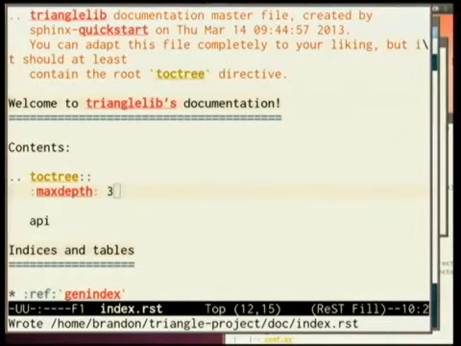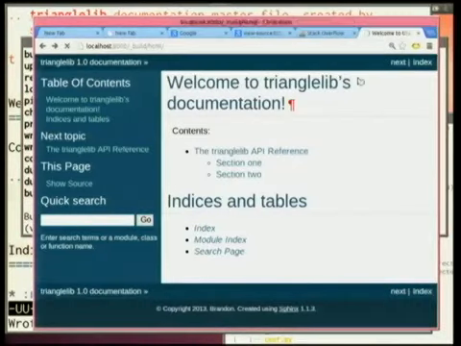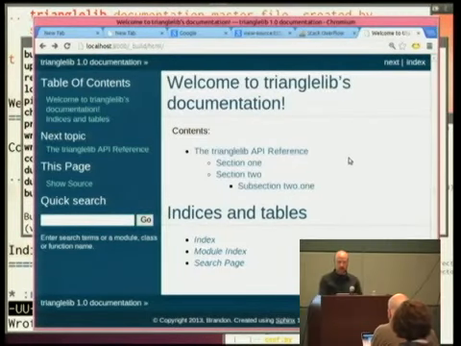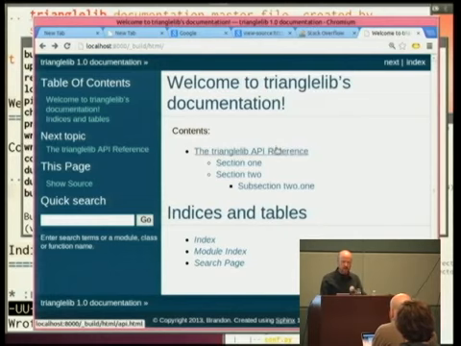I can change max depth to 3, make HTML again, and the subsection now appears. But it's up to you whether you want to leave that at the default, move it up to 3 or 4. You can even move it down to 1, and you'll only get a series of links to your chapters themselves. So why did I do that? I did that so that I can show you that this default theme is evil. If we click on the triangulib API reference,